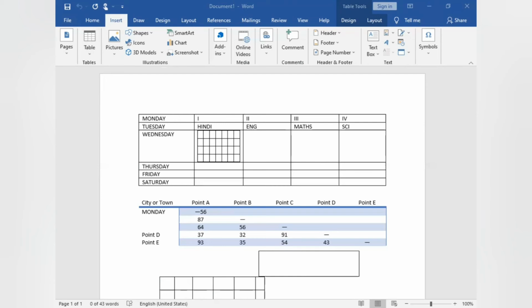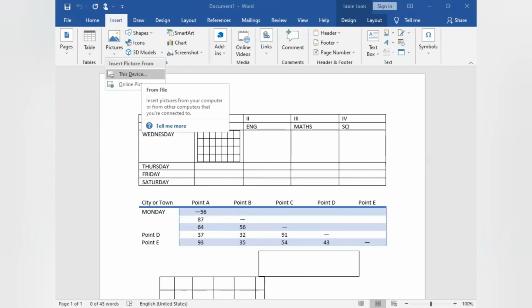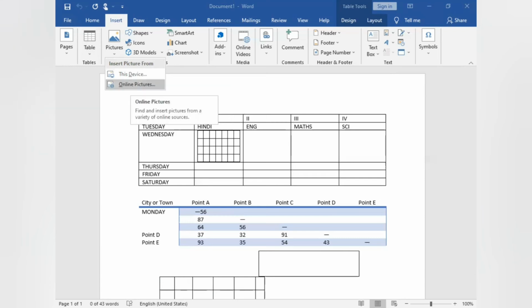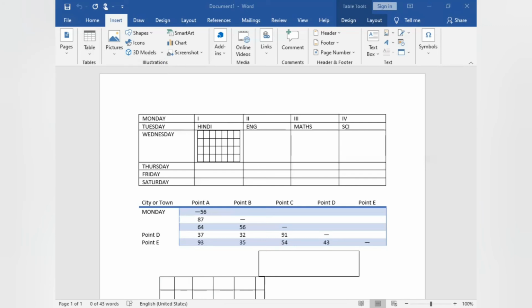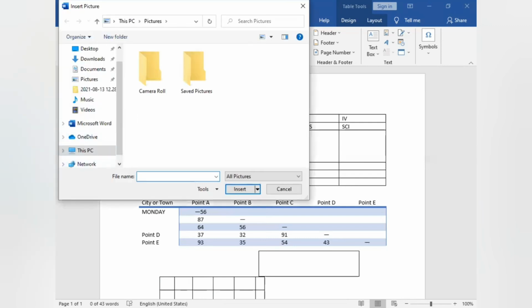You can insert a picture like this. Suppose pictures online or from your device. If you need online pictures, you can search. And if you want to insert pictures from your device, meaning your system, you can insert from the system. See this.